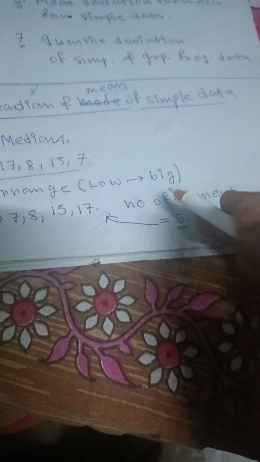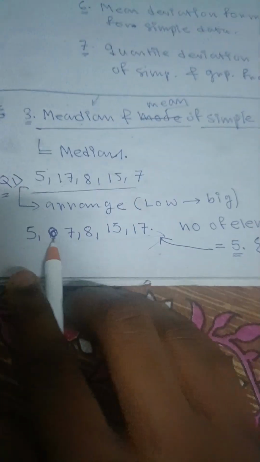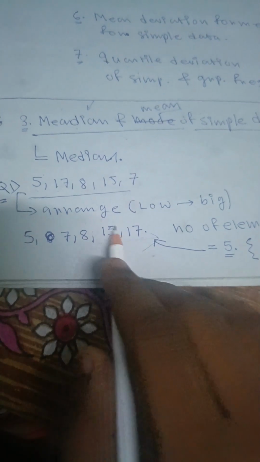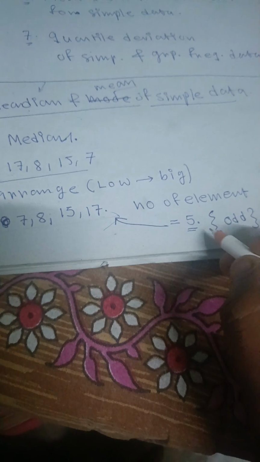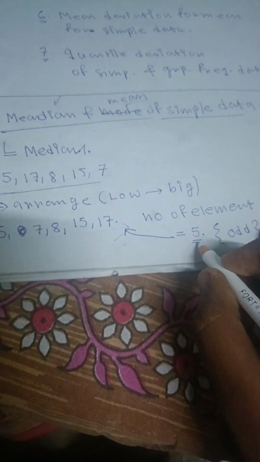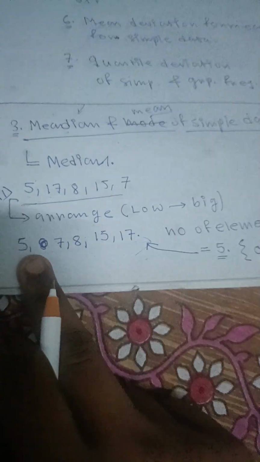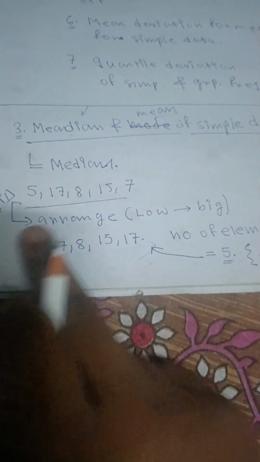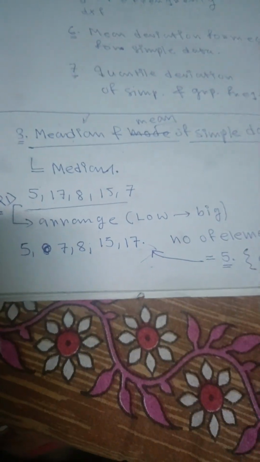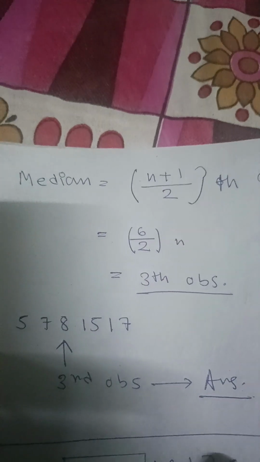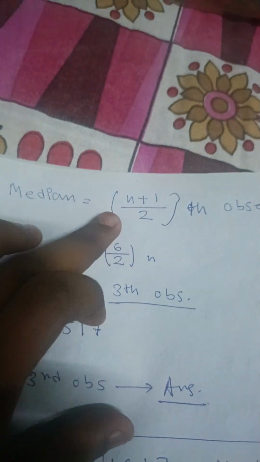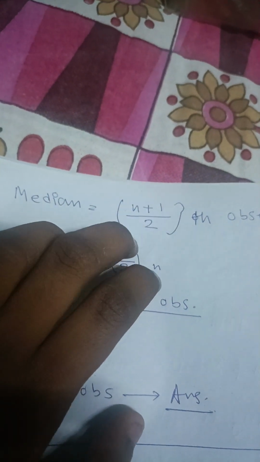Now we have to see how many elements there are. There are 1, 2, 3, 4, 5, so 5 elements, and as we know, 5 is an odd number. If the number of elements is odd, how do we find the median of the data? Let's see the formula. When n, the number of elements, is odd, the median is the (n plus 1) by 2